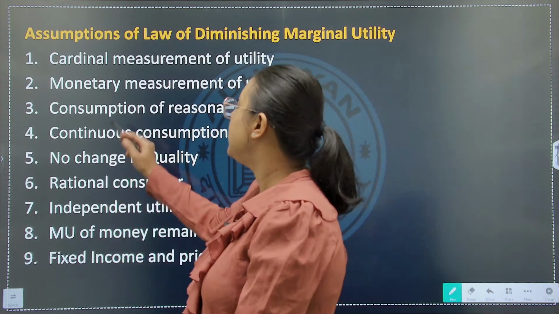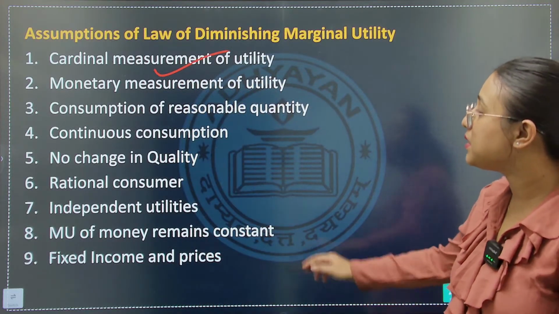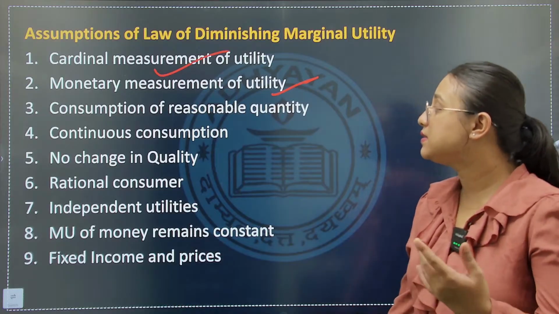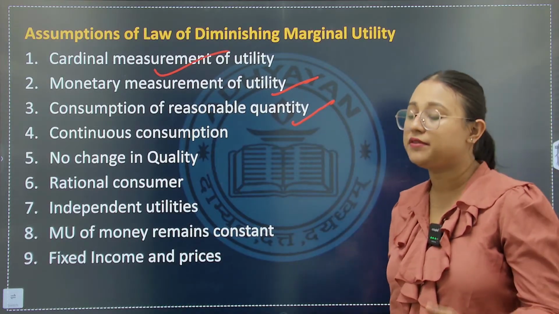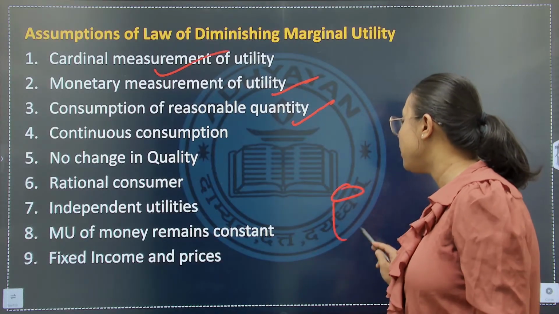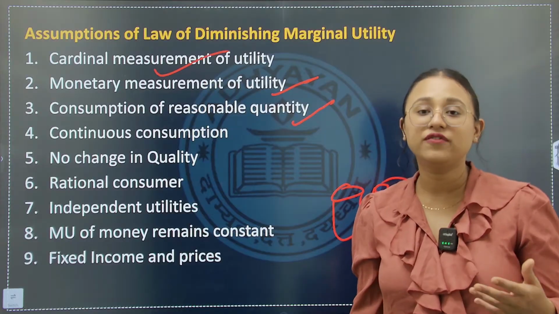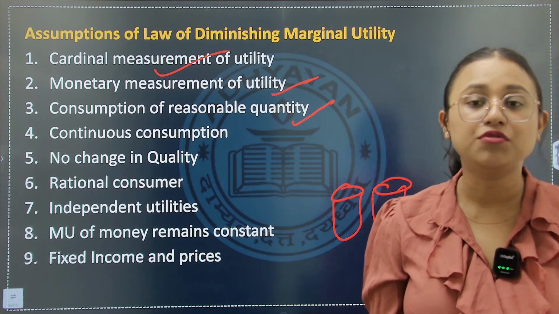Number 1, cardinal measurement of utility, monetary measurement of utility. Consumption of reasonable quantity; you should not have to drink an unreasonable amount. Two glasses of water: if you are drinking two glasses of water, the law of diminishing marginal utility does not